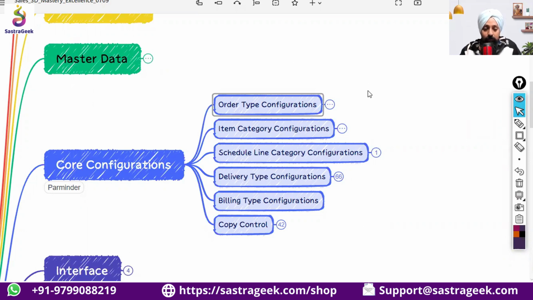Now, what is the importance of configurations, right? So basically what happens, your process